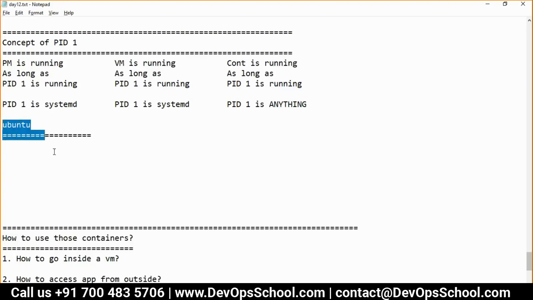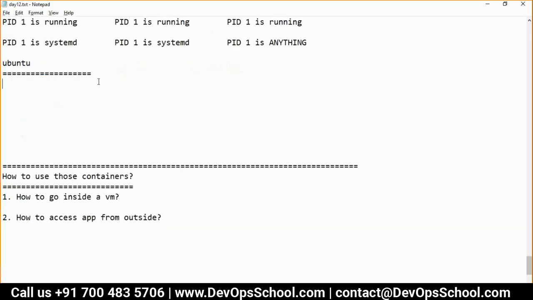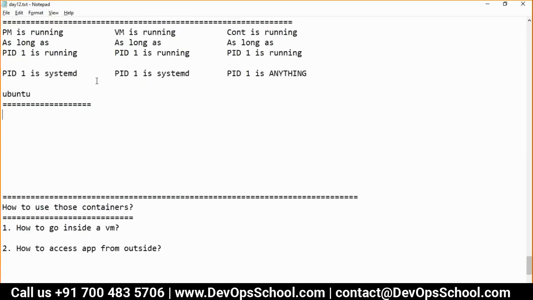Sorry, can you repeat? Kernel? There's only one kernel, Linux kernel. On top of that, multiple flavors have been written, like RHEL, Fedora, Debian, Ubuntu, SUSE, HP, Amazon, this, that. So I'm saying, when I say Ubuntu, always think about the root file system. It's like a flavor of Linux, not a boot file system. So when I say this Ubuntu image, do not think this has a kernel. It has only root file system. Make sense?